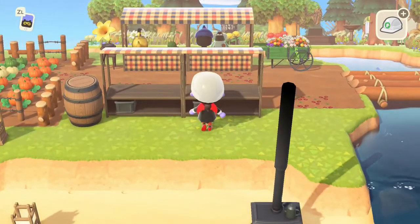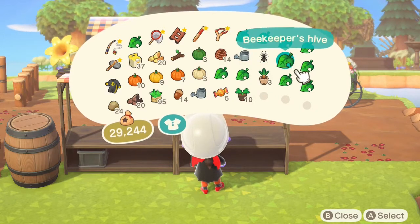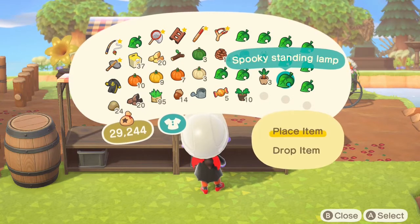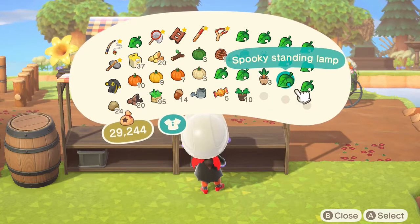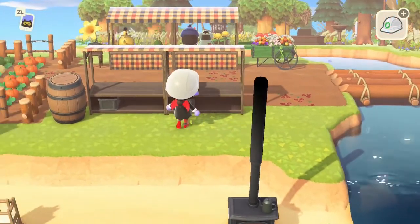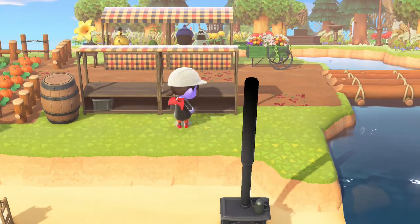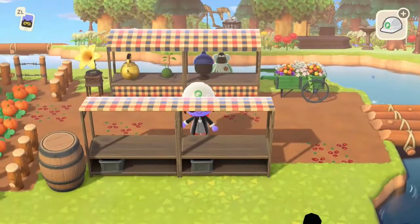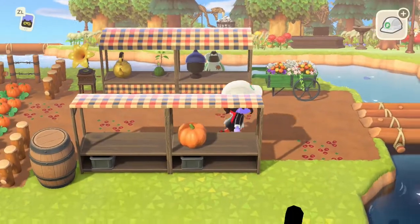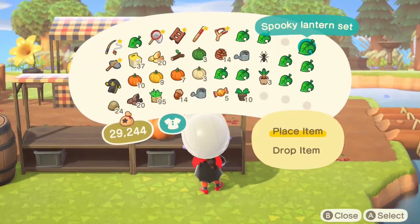And we're going to put a pumpkin. Is that what it is? No. Spooky lantern. No, I don't want that to be a lantern. I want that to be a pumpkin for sale. So if you turn off the light, then I don't think it'll glow. And because you can't flip it around when it's in it...